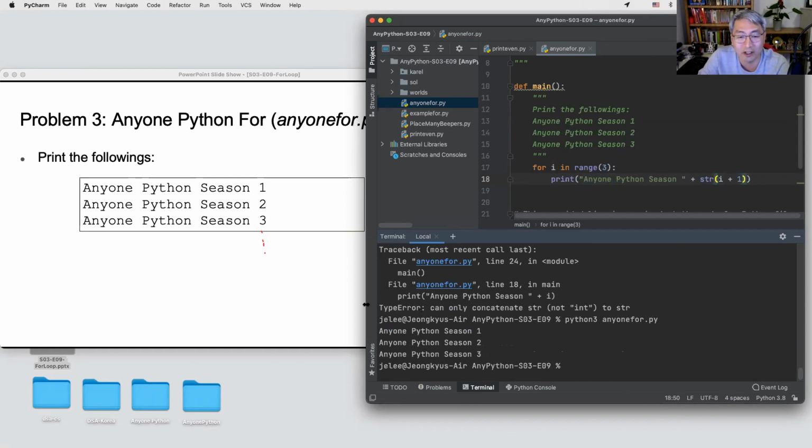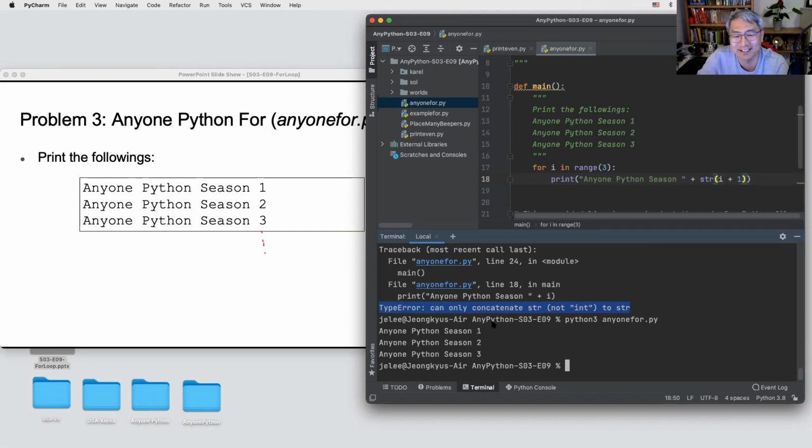One more thing. If you do not understand the meaning of the error message, how can you understand it? The last question. What can you do?